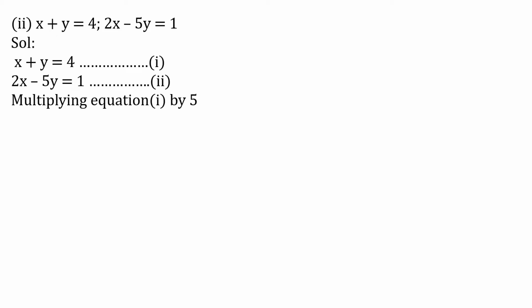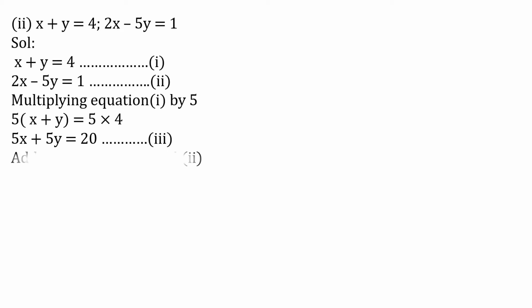So I have multiplied equation 1 by 5. When equation 1 is multiplied by 5, it will be 5 into (x plus y) equal to 5 into 4. So we'll multiply both the variables by 5. It will become 5x plus 5y equal to 5 fours are 20. We'll give a new equation number, that is 3. Now student, in the second and third equation, you can see the variable y has the same coefficient, that is 5, and both are with opposite signs. So here we will use the operation of adding equations 2 and 3.